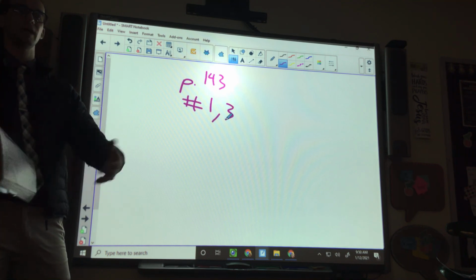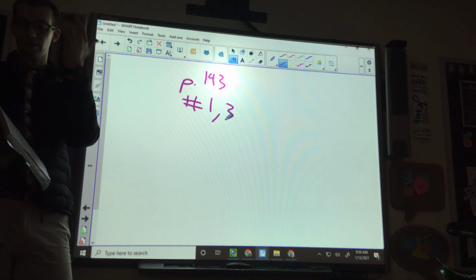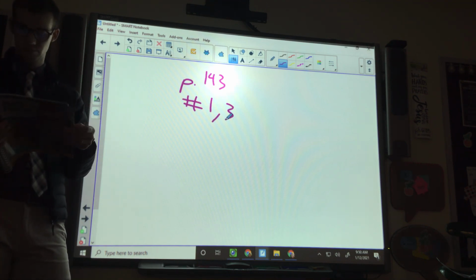When I see everybody has the assignment written down on their paper, they can go back there and we will go outside. We're going to hear about